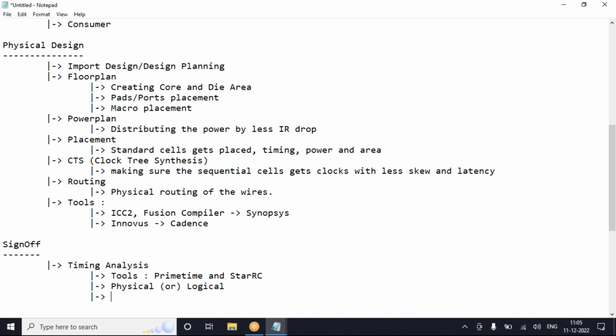And the fixes whatever we are doing in PrimeTime, we will provide to the PNR. As I said, ECO means engineering change order. This is a cycle. Timing ECO, metal ECO, different functional ECOs, like that we will be having different kinds of ECOs.